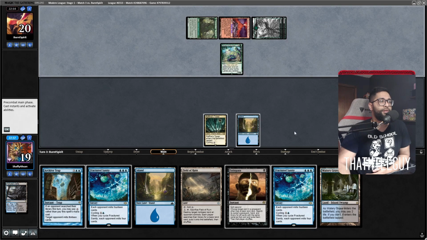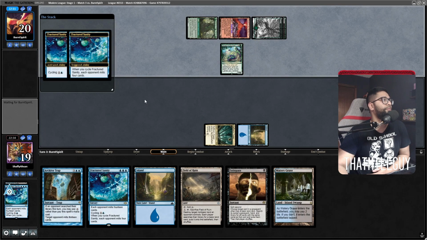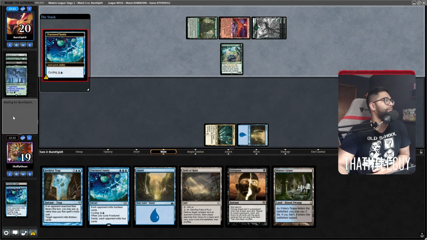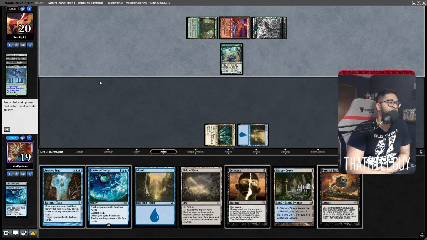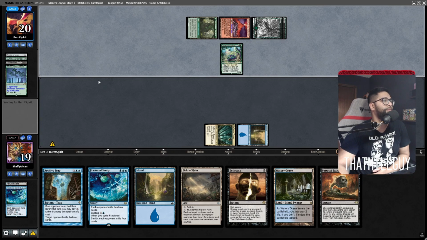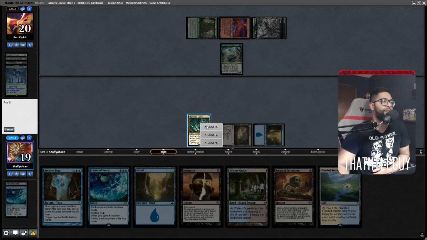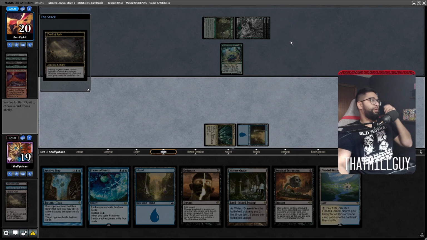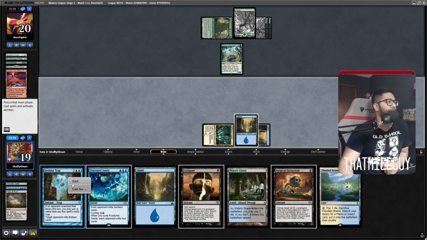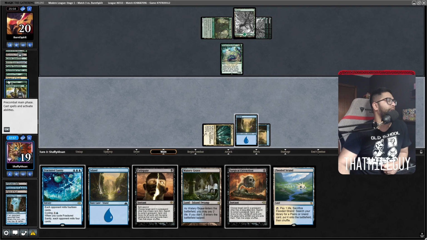So let's... Fractured here. Let's redraw. Give me my cycle. Ooh. It's even better. Okay. So at this point, we Field of Ruin. Grab an island. Archive trap them. Do you have Veil? Okay, I was just...